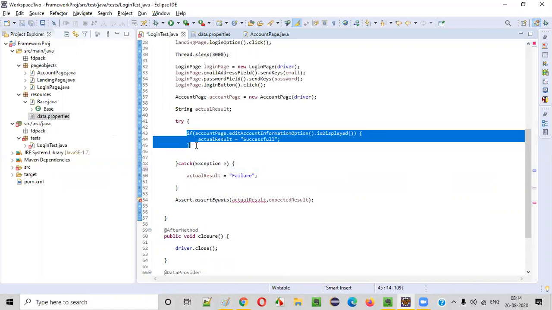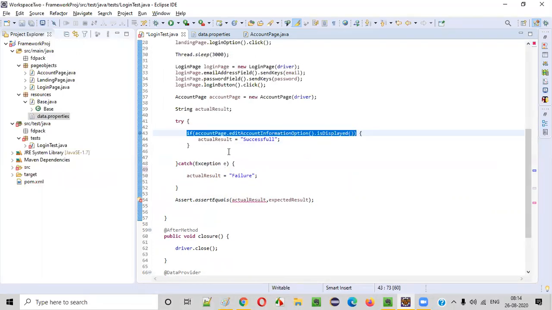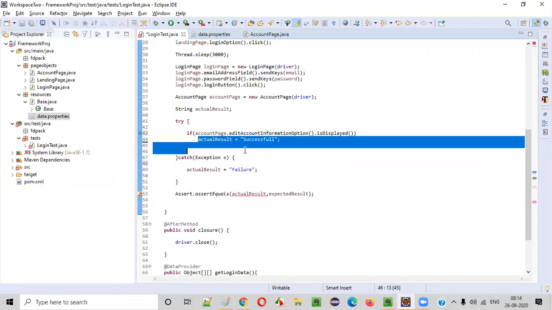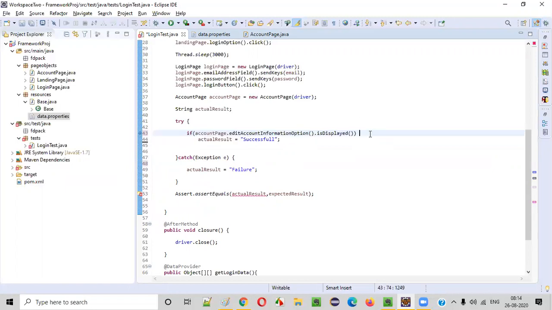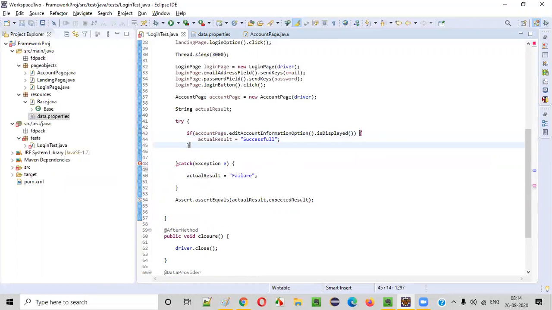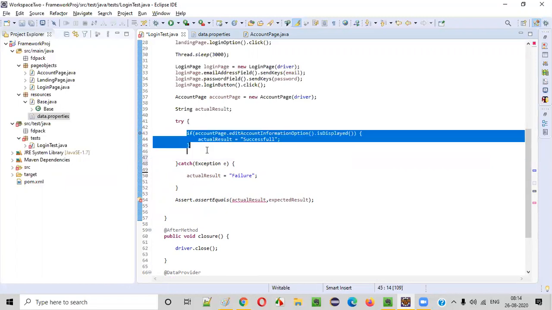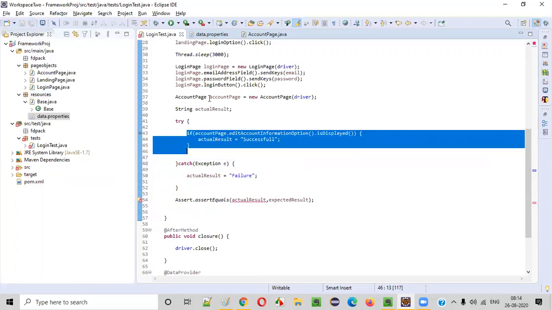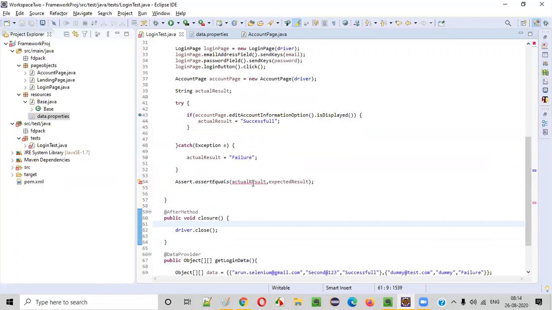One more thing as part of this context, guys. If this if condition has only one step, you don't have to mention the curly braces. This single line will be part of the if condition only. If you keep it or don't keep it, that's optional. For a single line, not a problem. You can put this or you can avoid this. But anyhow, I am just putting this so that you'll easily understand. So actual result, initialize variable to null.